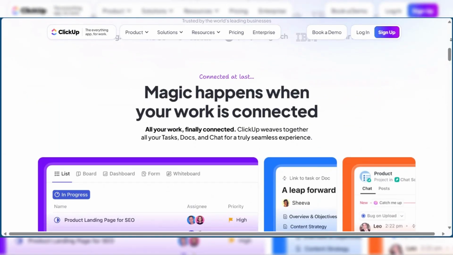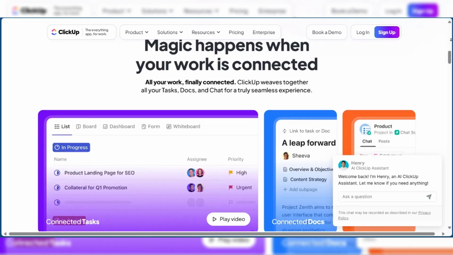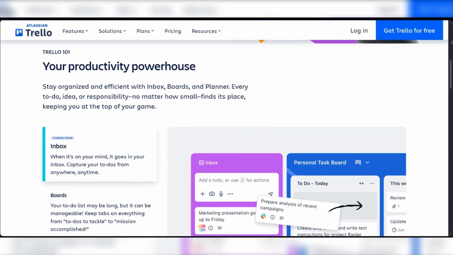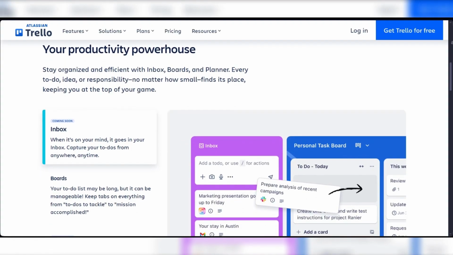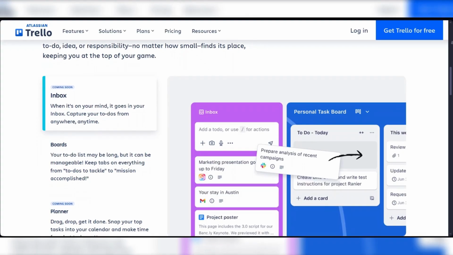its paid plans. Customization. ClickUp is highly customizable, allowing users to tailor workflows, create custom fields, and adjust the interface extensively. Trello, on the other hand, offers customization through power-ups or integrations, but it's generally less flexible than ClickUp in